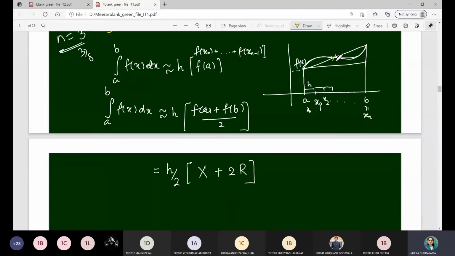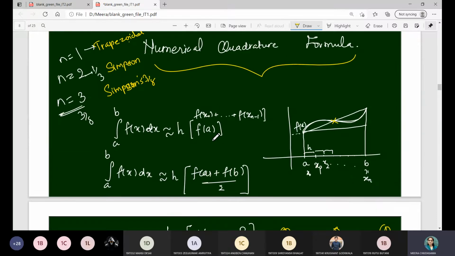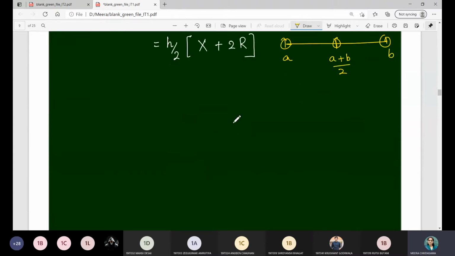From the geometrical way, the rectangle rule and trapezoidal rule are clear. In Simpson's 1/3 rule, three nodes are used: suppose this interval a to b is given, then along with the endpoints of the trapezoidal rule we will consider the midpoint of this, that is a plus b by 2, and the corresponding value. So three nodes are considered, therefore it is called the 1/3 rule. So how is it obtained? For that we will consider the cases one by one.